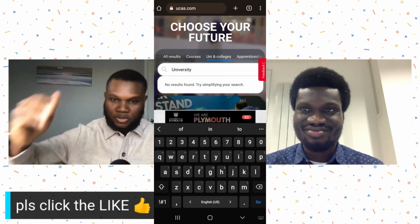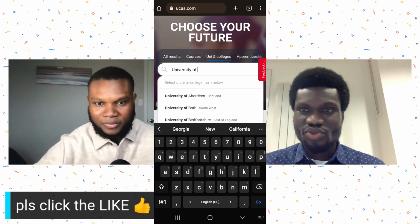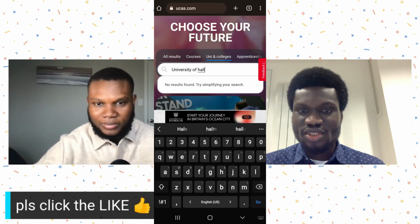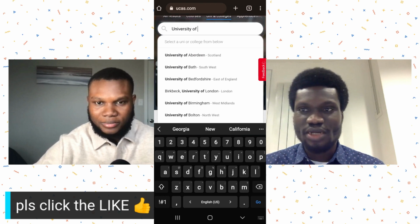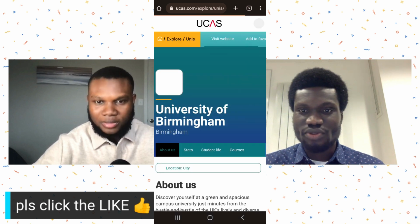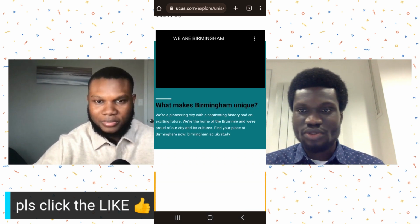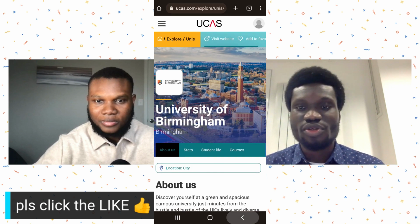Is it like there is a list of universities, you find their requirements, then you apply? Yeah, there you register, you put in your details, then you open an account. Then you can search for universities there, you can search for courses. It's just one place where you register and apply to every college or